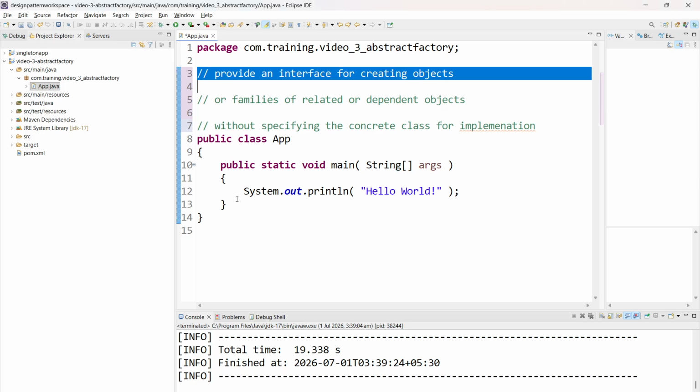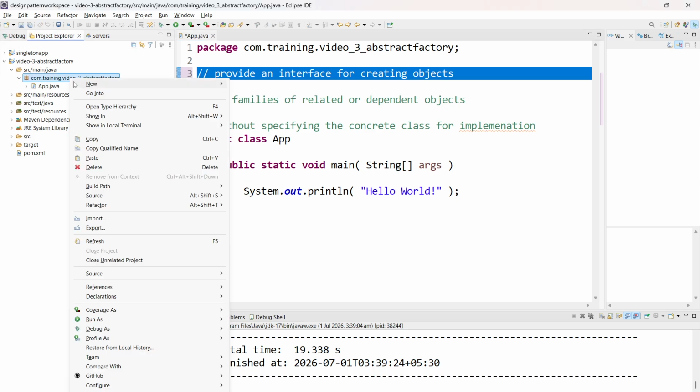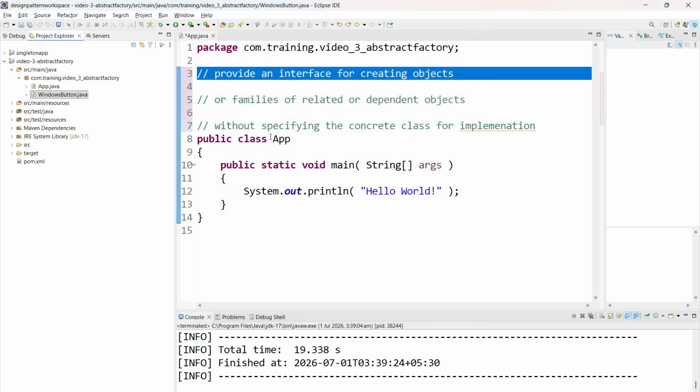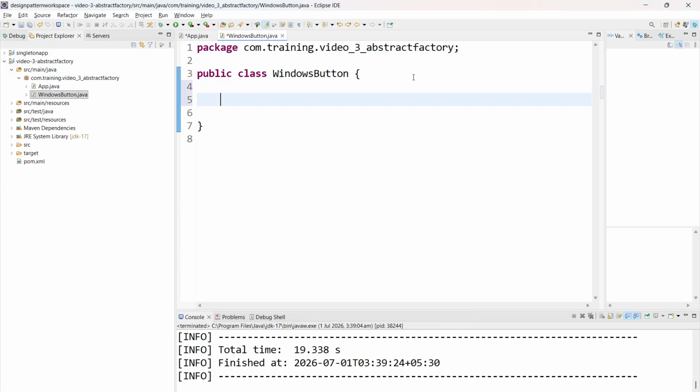I'll create a new class called WindowsButton. I'm going to add a method called public void draw,